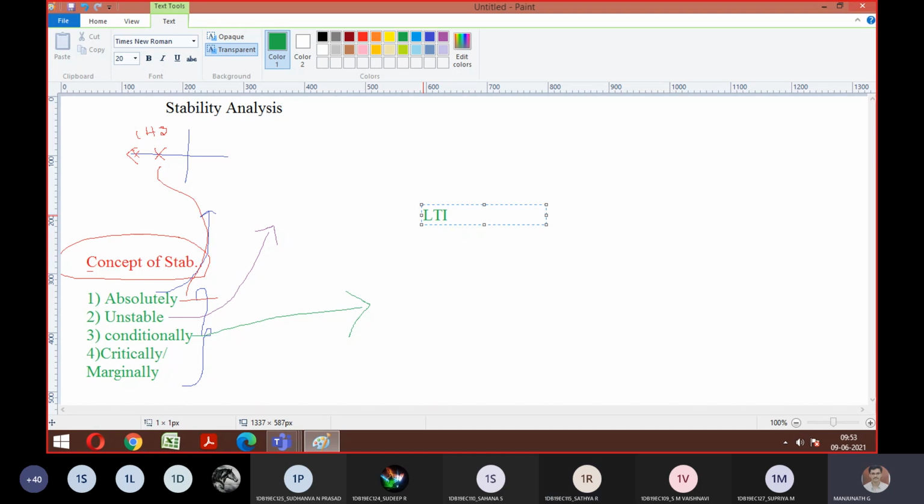Yes, sir. We just continue with the definition. We will finish off this. A linear time invariant system, or in short you can write an LTI system, is said to be conditionally stable. You understand the word now, what I would write. It is conditionally stable if, for a certain condition of a particular parameter... So I'll repeat, an LTI system is said to be conditionally stable if for a certain condition of a particular parameter